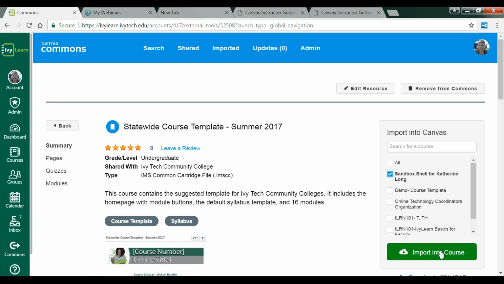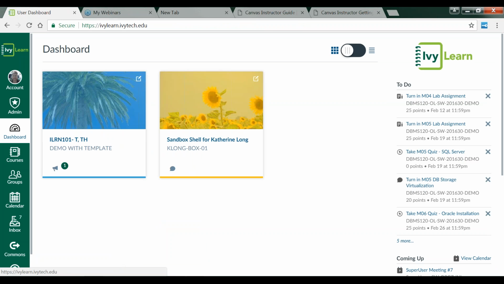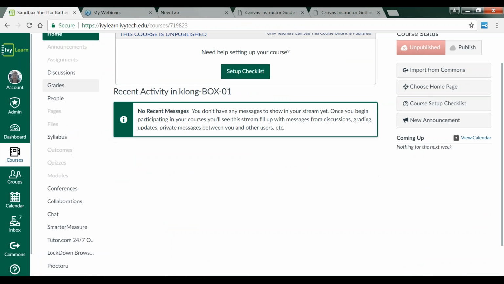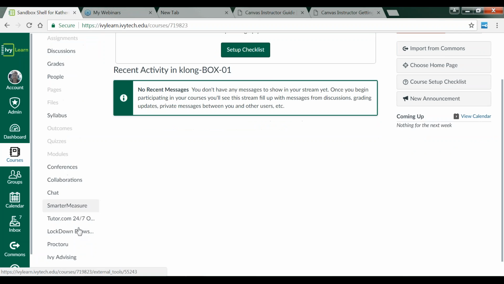The other thing you can do is start from scratch. So let's go back into those developmental shells, my demo shells, and let's see what that looks like. Okay, so when we click on a blank shell, you still have the same items